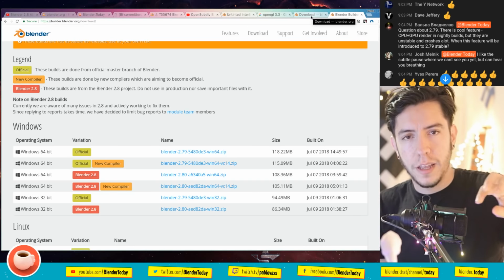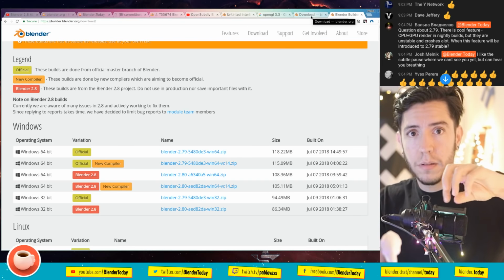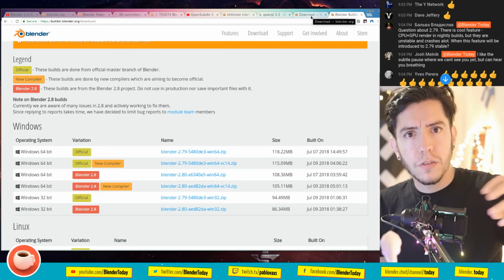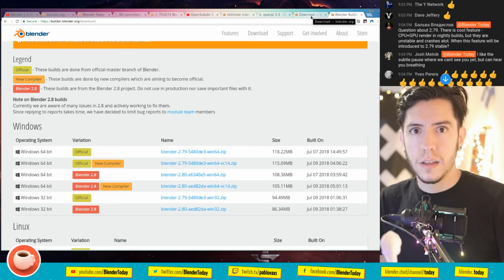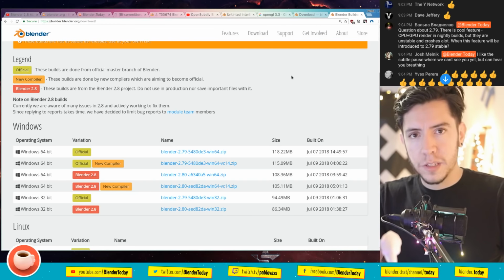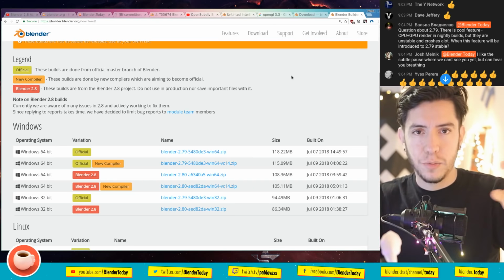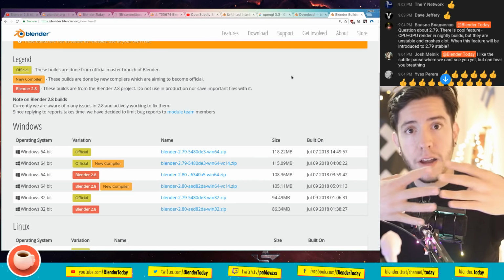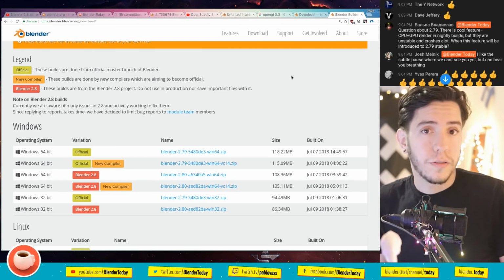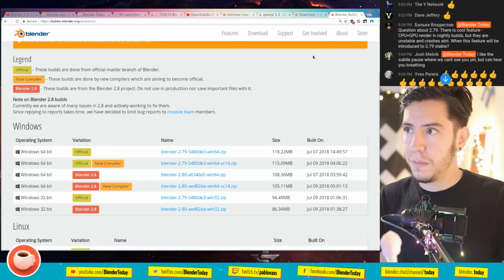Then master became 2.8, and all the changes happen in 2.8, but there are also a few changes that happen in master. The reason development sometimes happens both in master and in 2.8 is that when they merge together, there's less work for the developers to go through all the changes.